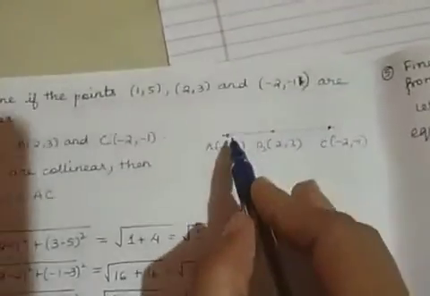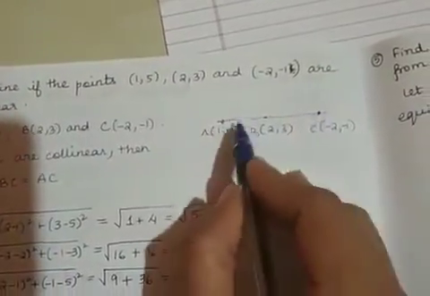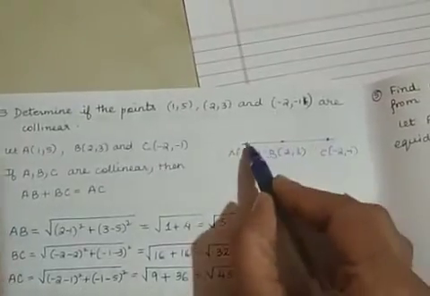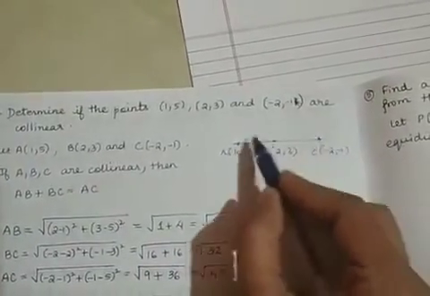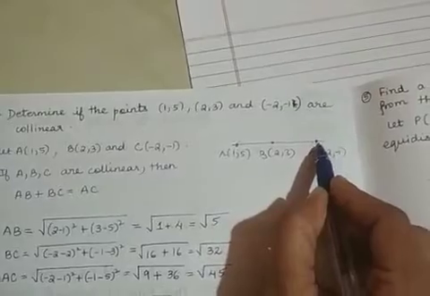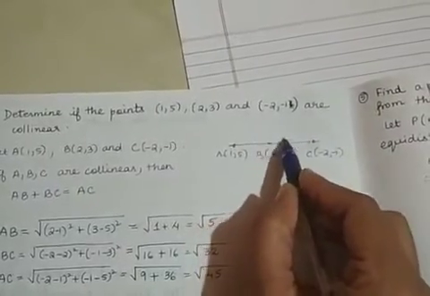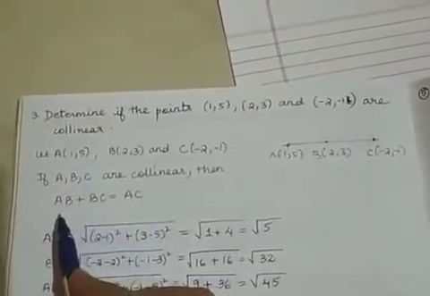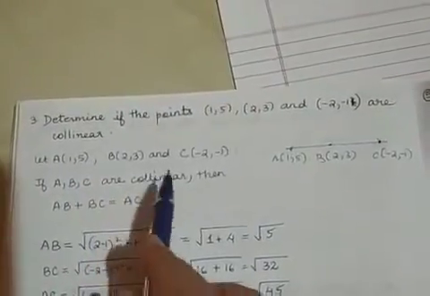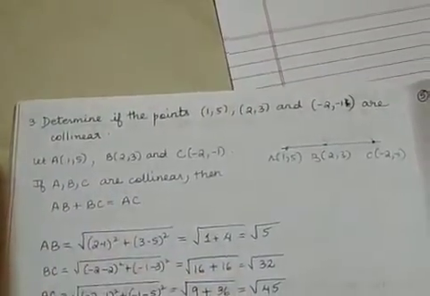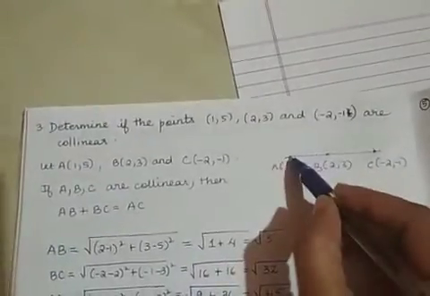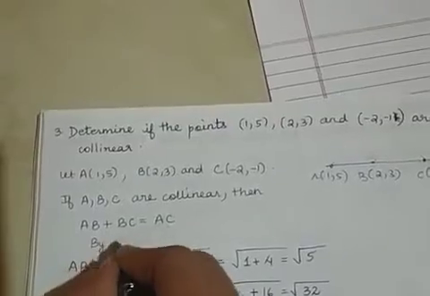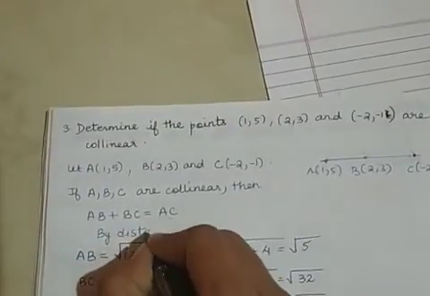line. Now if they lie in a straight line or if they are collinear, then AB plus BC should be equal to AC, right? If the 3 points are collinear, then AB plus BC should be equal to AC. So if this condition is satisfied, then I can say these 3 points are collinear. Now if I want to find the length of this, again I will use the distance formula. So by distance formula,